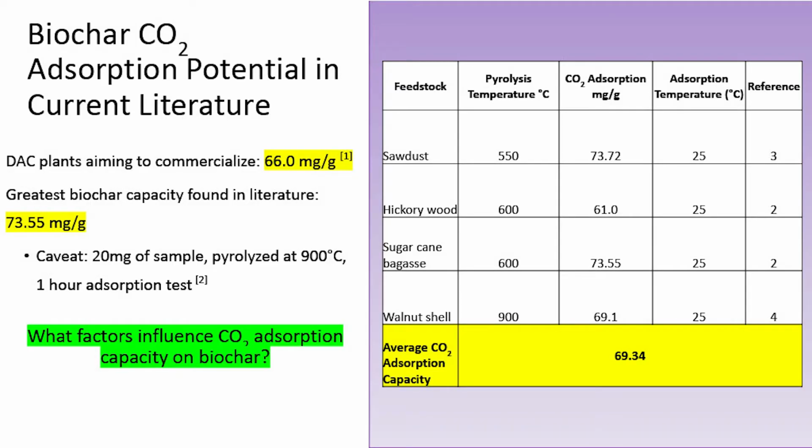So to orient you about what we're trying to achieve, direct air capture or DAC plants aiming to commercialize their carbon dioxide adsorbents, which are often made from amines, which are harmful to the environment during production and during usage and at the end of their lifetimes, as they're a pollutant for water and the environment in general. These adsorbents are achieving 66 milligrams per gram, so that's the standard. The greatest biochar capacity that I found in my literature review was 73.55 milligrams per gram,